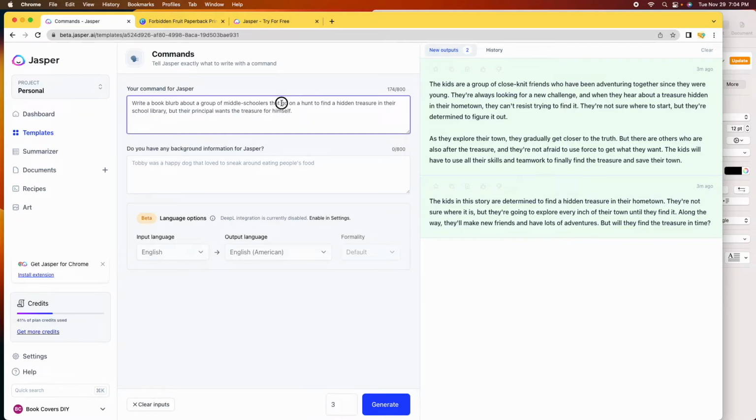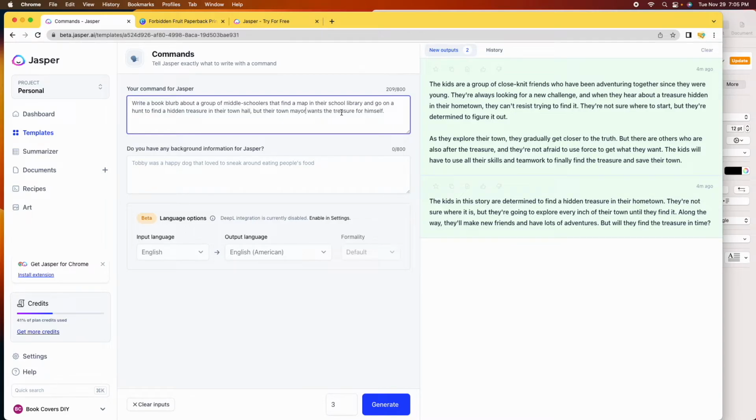Let's say that they find a map. About a group of schoolers that find a map in their school library and go on a hunt to find a hidden treasure. Let's change this in there. I'm going to change this a little bit. Not bigger, but meaning the plot, make it a little bit more difficult. But their mayor, let's say it's the town mayor, but their town